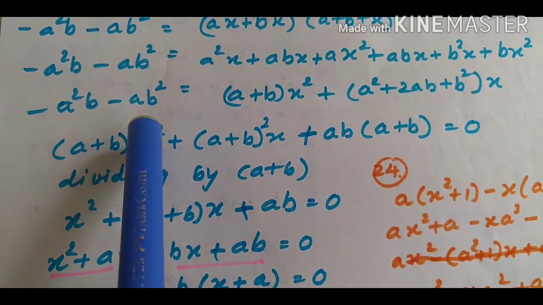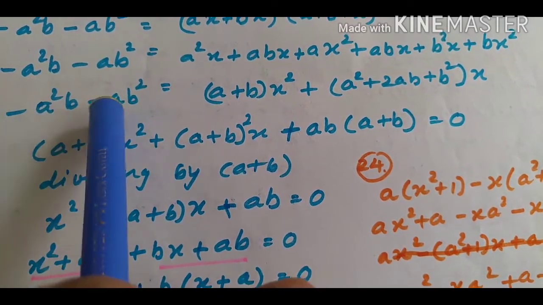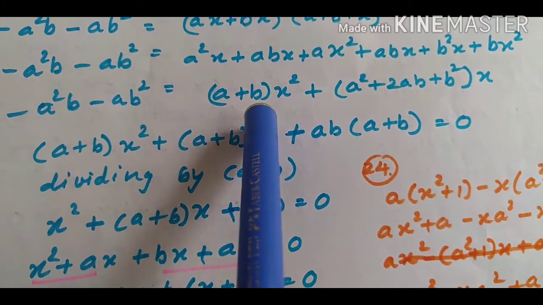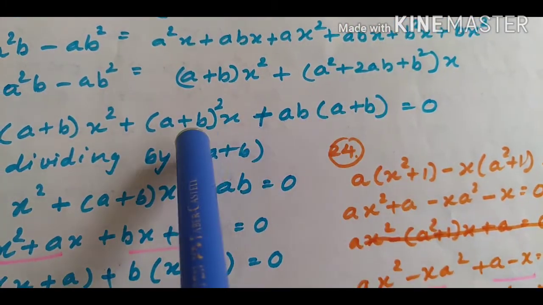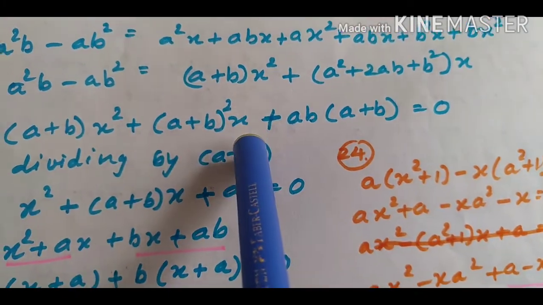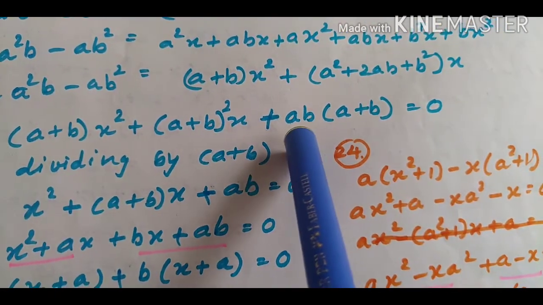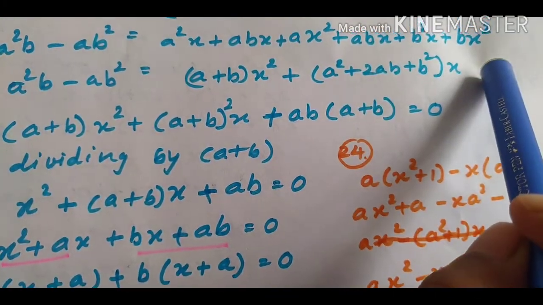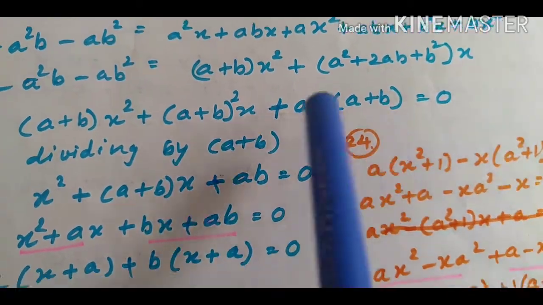Now the left side is the same. You can check here, I have taken these 2 terms to the right side, so the sign becomes plus. See, I am explaining here, this is the same. Now you can see this is the a plus b whole square expansion. So instead of this bracket I have written a plus b whole square into x. Now out of these 2 terms, ab is common, so I get a plus b in the bracket. Also we take it on this side, so the sign changes and it becomes plus, equal to 0.